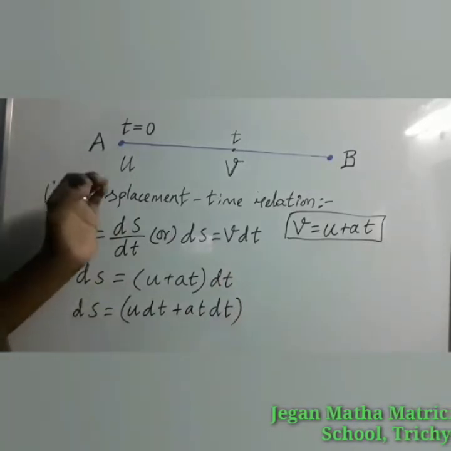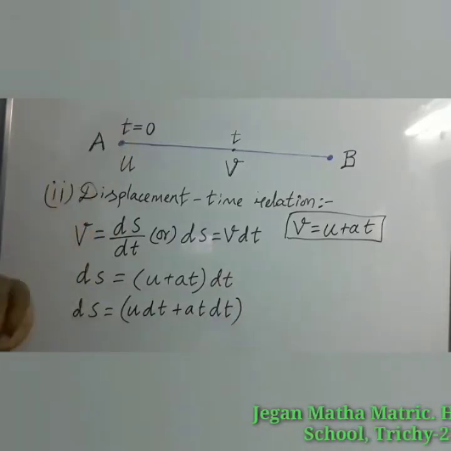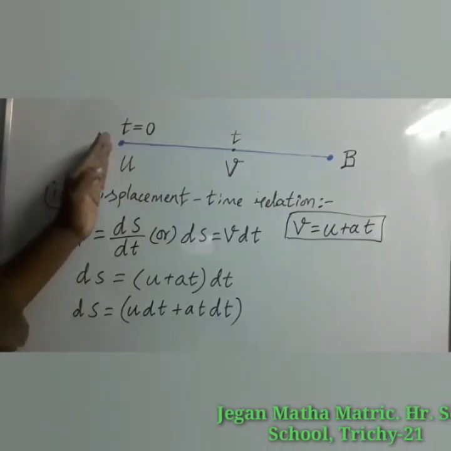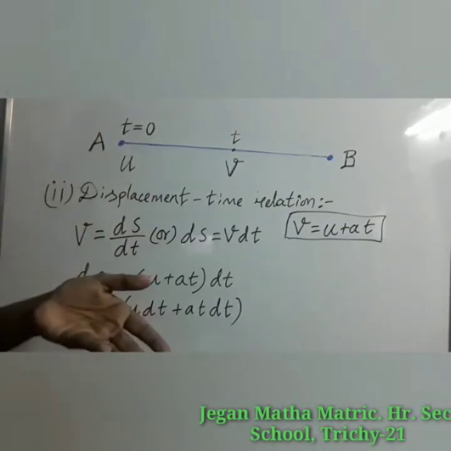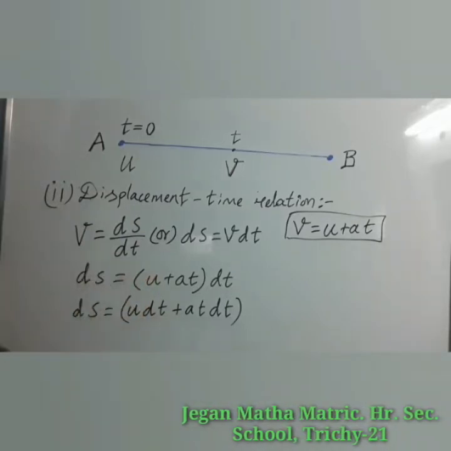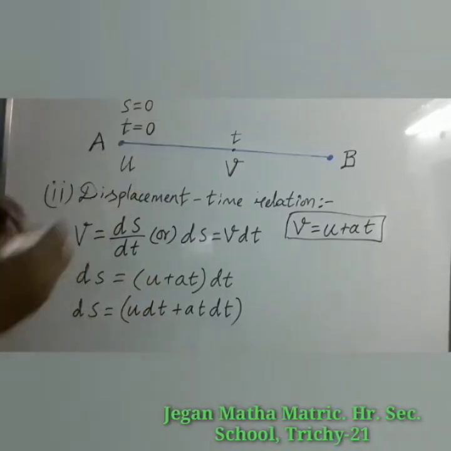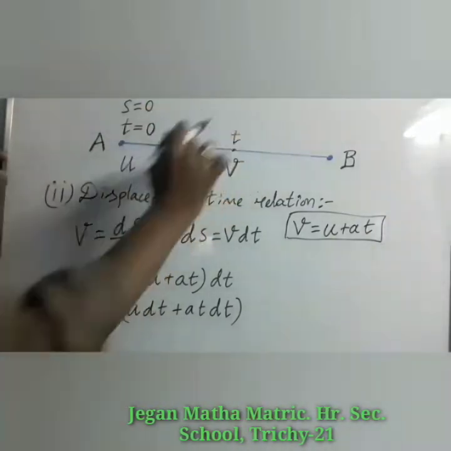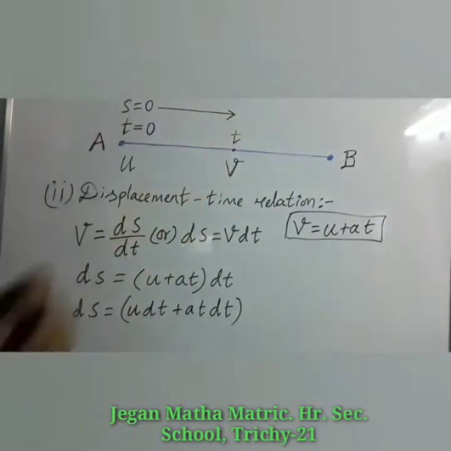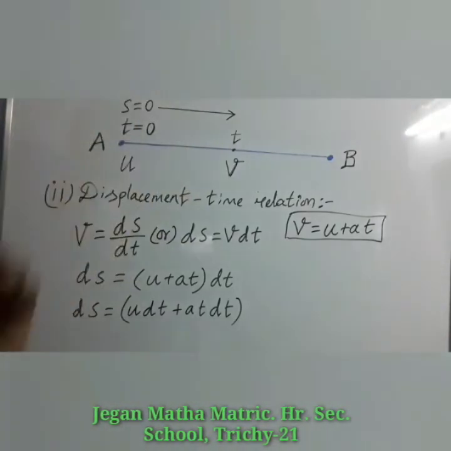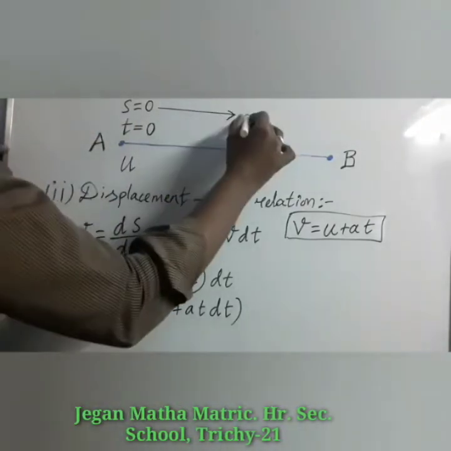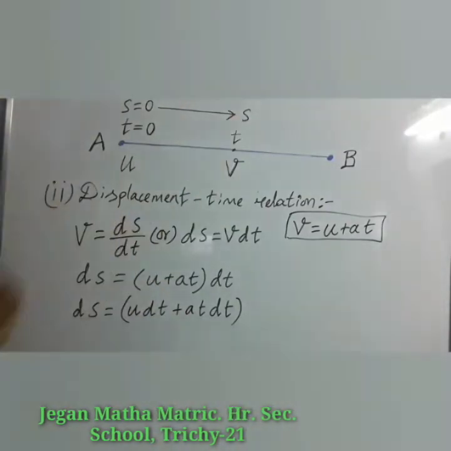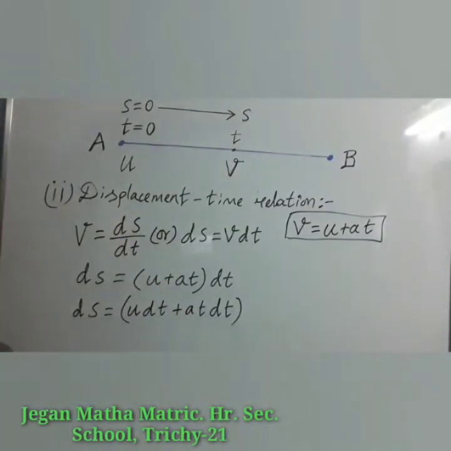Consider that initially at time t equal to 0, the object started from the origin. For our example, it is at the position A. Now what is the displacement? Displacement s is equal to 0. Later at the particular time t, it has moved in a straight line that covers certain distance. Now the distance in a straight line that is only known as displacement can be taken as s. So keep in mind,